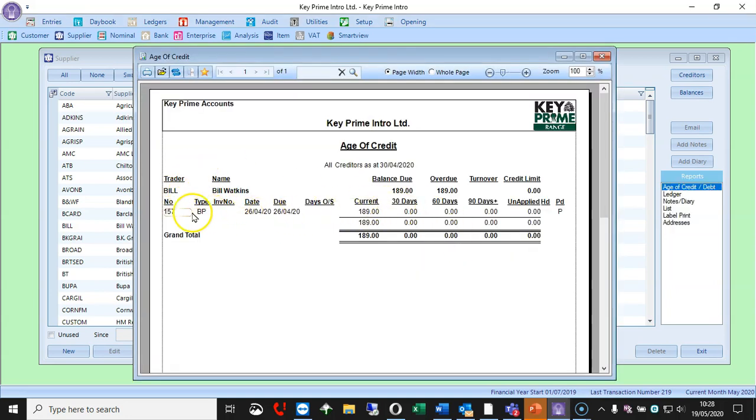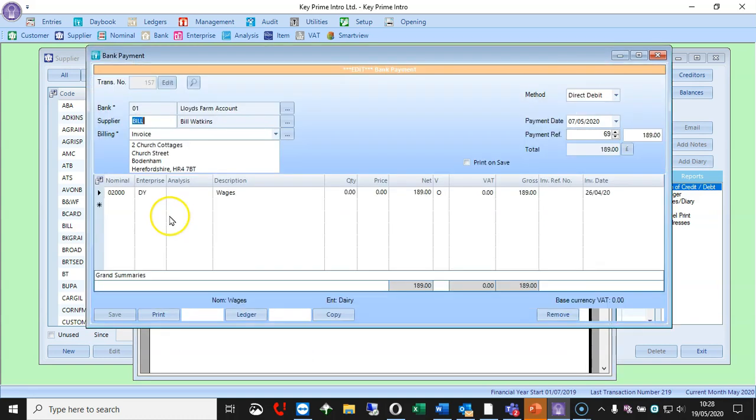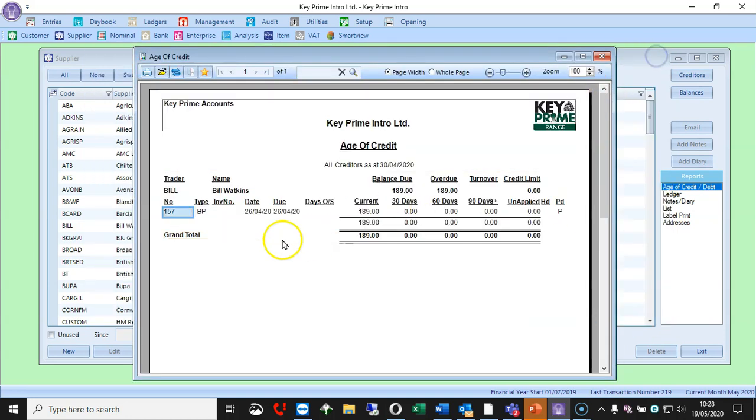Can you see that the mouse changes from a pointer to a hand with a finger? Drill down, as we call it, onto there, and you can edit it and see why that was on there, and you can come and edit it, change it, do whatever you need to do.